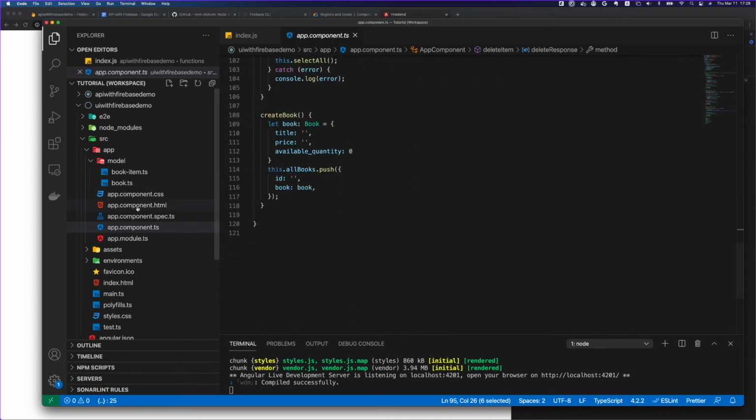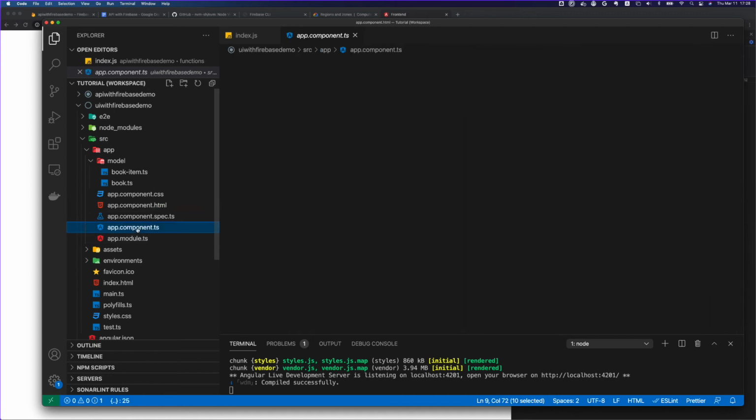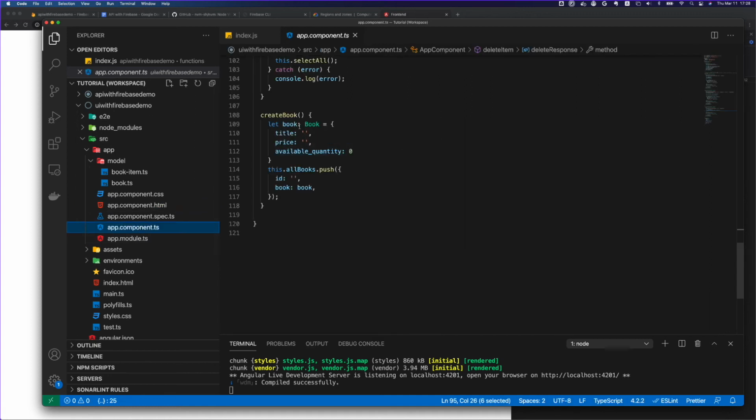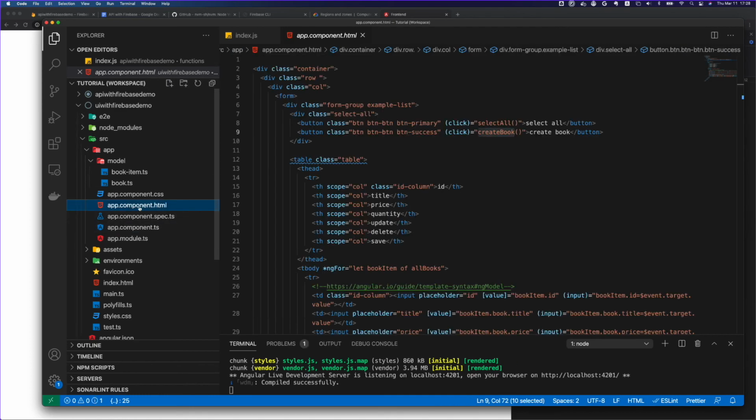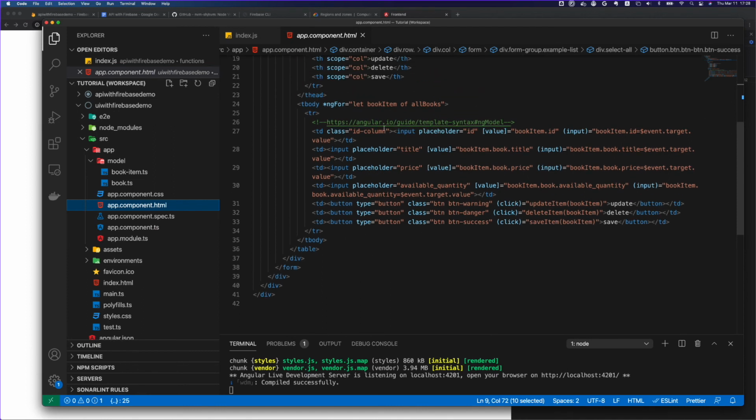Then create is a little bit different. For create, I have created a create book button. What this function does is it creates and adds an empty book object in our all books array, and with this I add this ID and book, and once that is added, it starts showing up in this array list, and then I can enter values and click on save, and it will save it.